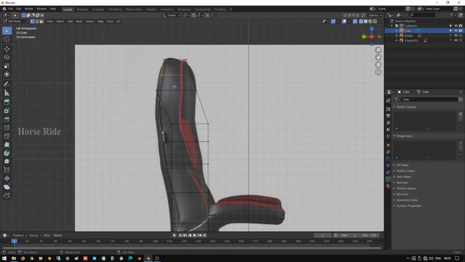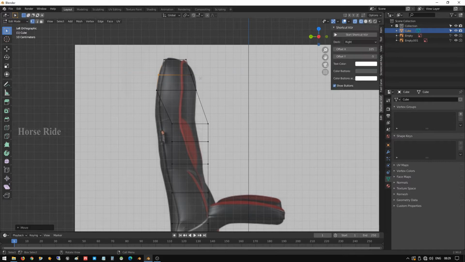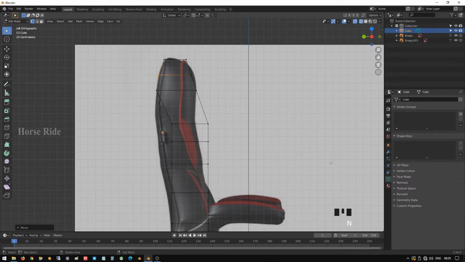Ctrl R and create one more loop, G Y. I just enabled the shortcut keys display, so you can view it here, G Y.